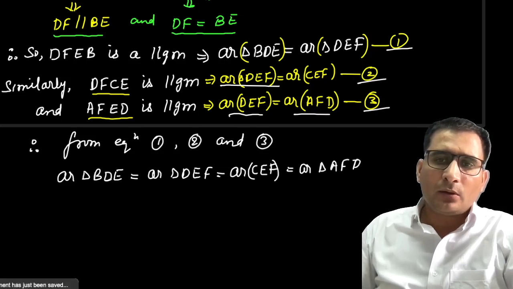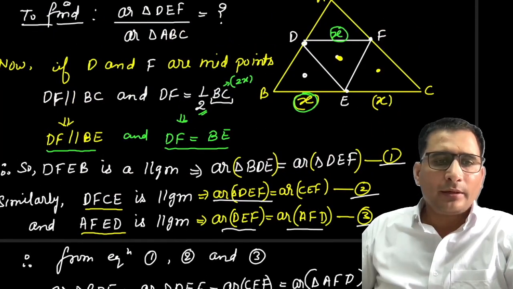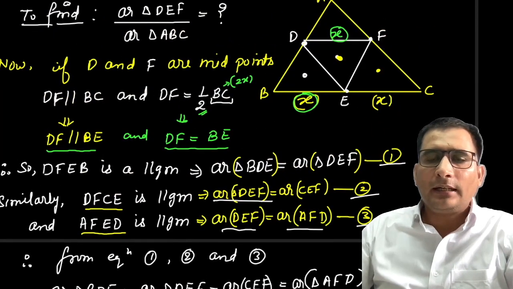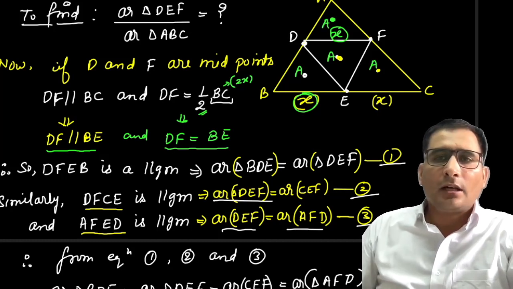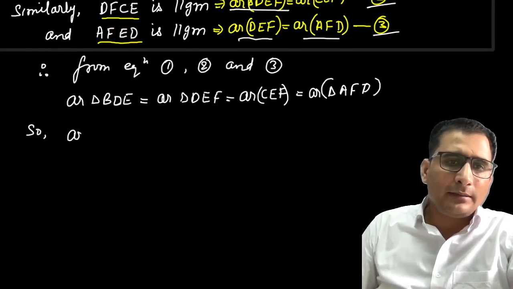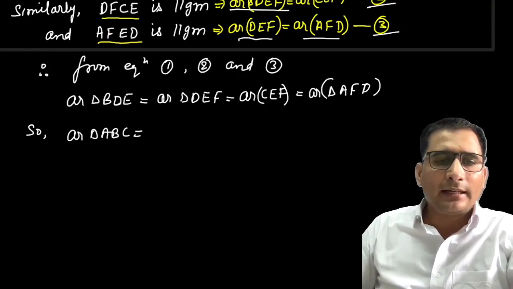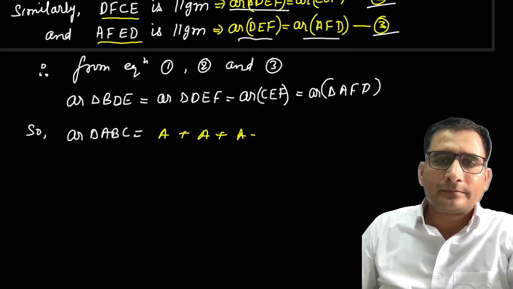तो अब इस ट्रायंगल में चारों एरिया इक्वल हो गए हैं। सपोज इसका एरिया A है, इसका एरिया A है, इसका एरिया A है, इसका एरिया A है, ठीक है, चारों के एरिया इक्वल हैं। सो कैन आई राइट लाइक दिस, एरिया ऑफ ट्रायंगल ABC, तो ABC का जो एरिया होगा उन चारों का एरिया मिला के आएगा, राइट। सपोज A प्लस A प्लस A प्लस A,